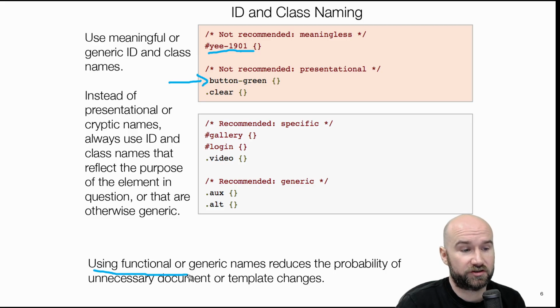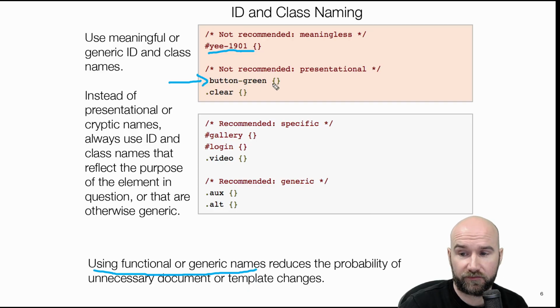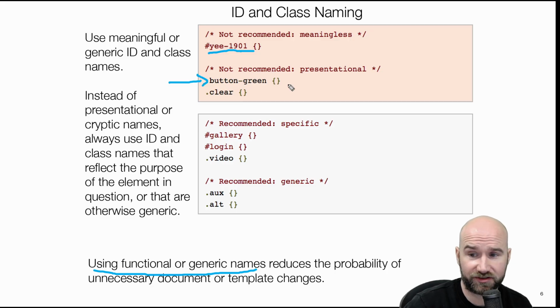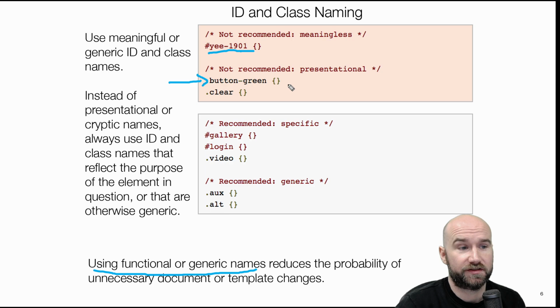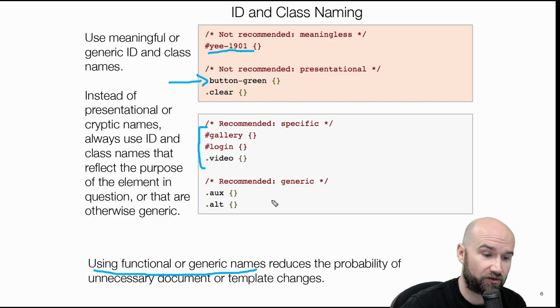So functional or generic names usually reduce the probability of unnecessary document or template changes. If you have your button green and you change it slightly to a different type of green, do you change the name? I don't know. So you generally want to be specific in the case of IDs, but also sometimes with classes, where you're like, okay, we have a gallery, we have our login, we have a video, and then generic as well, can be alternative or auxiliary, or